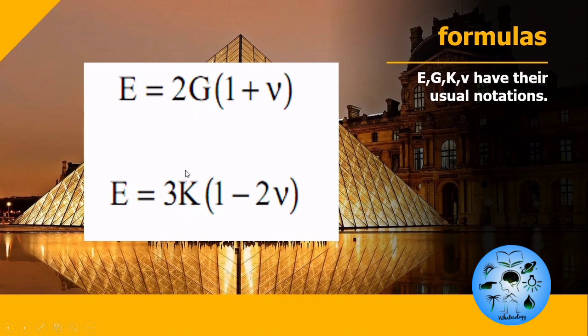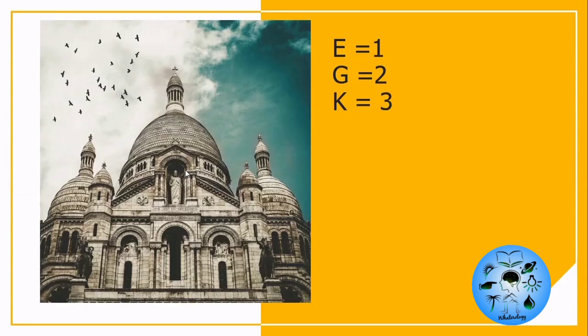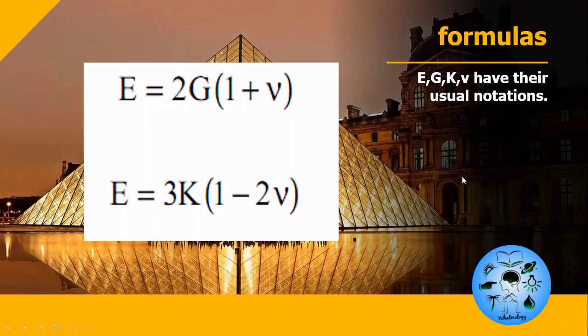Now when we arrange E, G and K alphabetically, E will have the sequence number 1, G will have the sequence 2 and K will have the sequence 3. Therefore, whenever E comes, it will have a coefficient 1, G will have a coefficient 2 and K will have a coefficient 3. We can see here E has a hidden 1, G has a coefficient 2, K has a coefficient 3. Now we can see here that this 1 and this nu are common in both the cases.